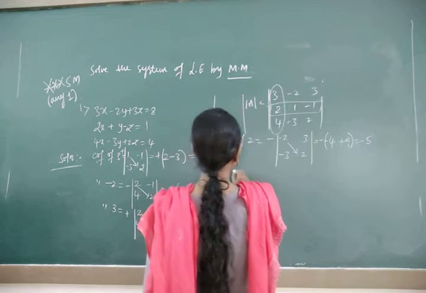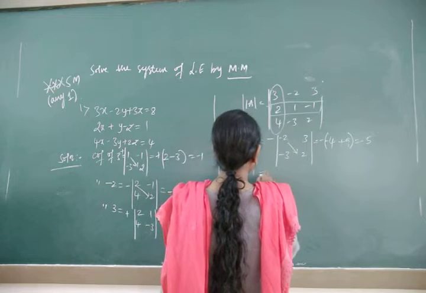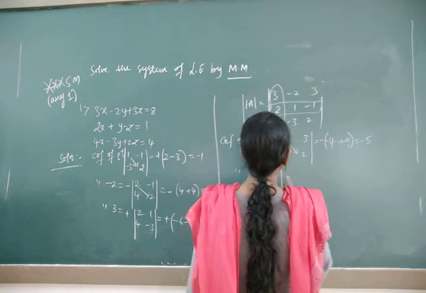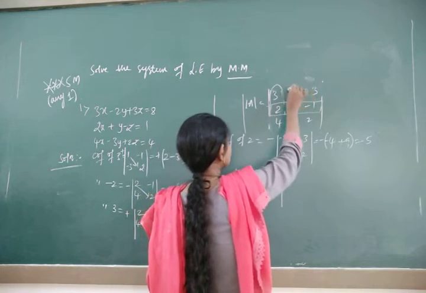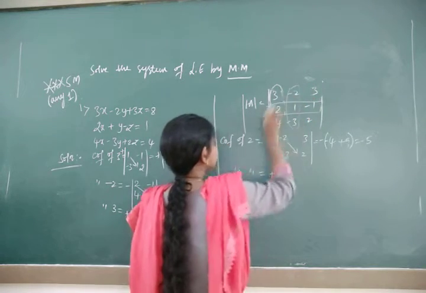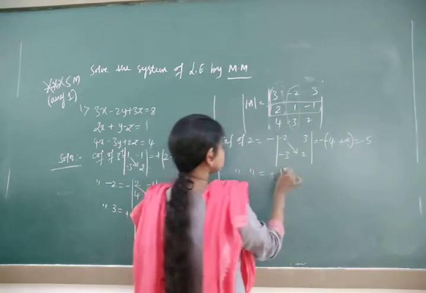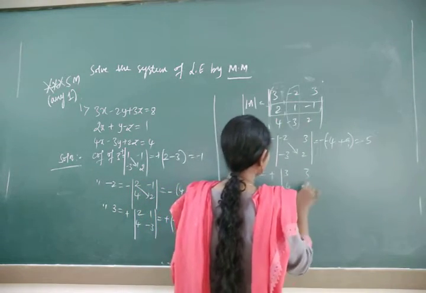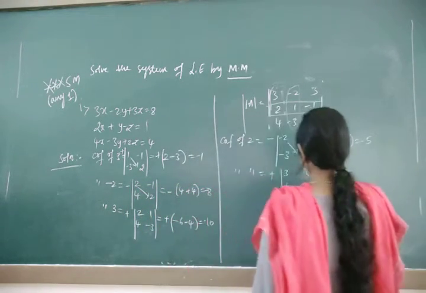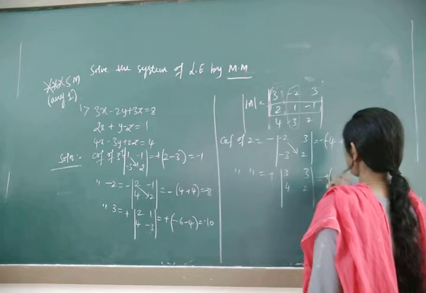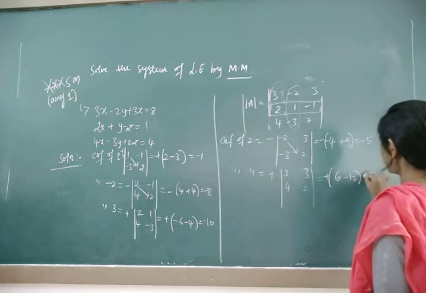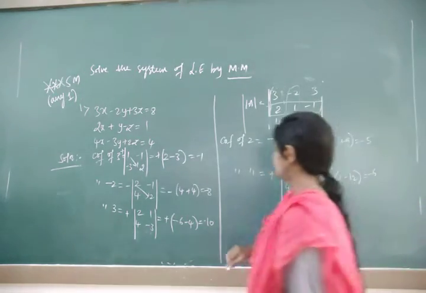Next, cofactor of 1, it's a plus. You are going to get what? Open the second column, now close the second column. Anyhow the second row will be closed, it remained as 3 3, 4 2. Therefore this implies plus sign, 3 2s are 6, minus 4 3s are 12, the answer will be minus 6.